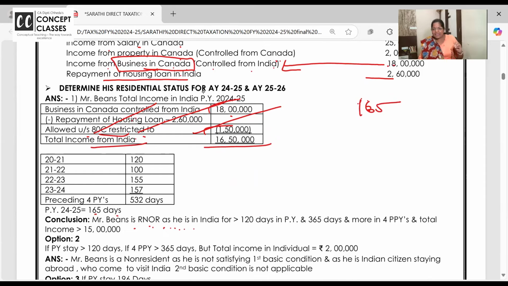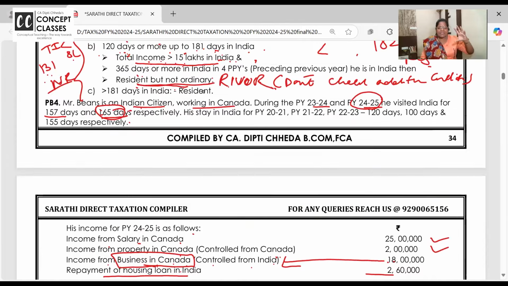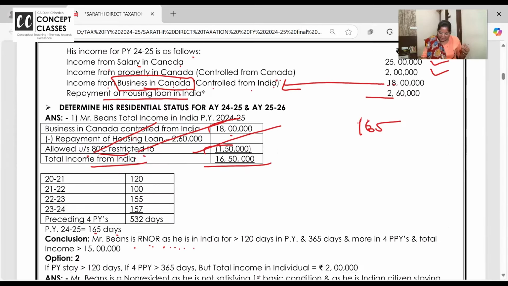As in the current year, see, Mr. Beans working abroad, coming to India, he is there in India for 165 days. So he's not satisfying the first basic condition. Second basic condition is applicable with a twist. The twist is, is he in India for more than 120 days? Yeah. And 365 days or more in the preceding 4 years, we will check that also. Yes. And is he earning more than 15 lakhs? Yeah, he's earning